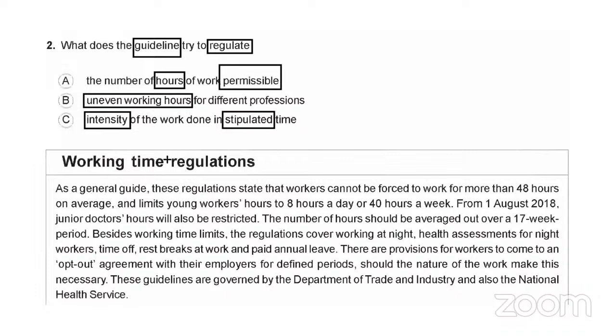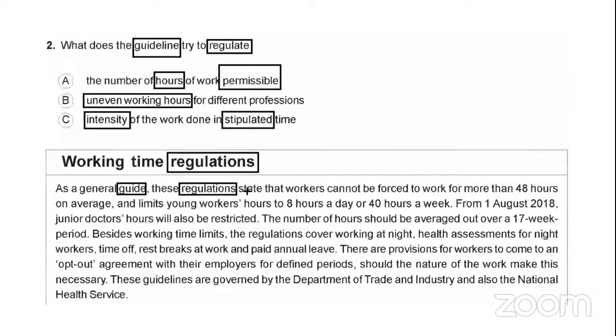As a general guide, these regulations. Regulate means regulations. Guidelines, as a general guide. These regulations state that